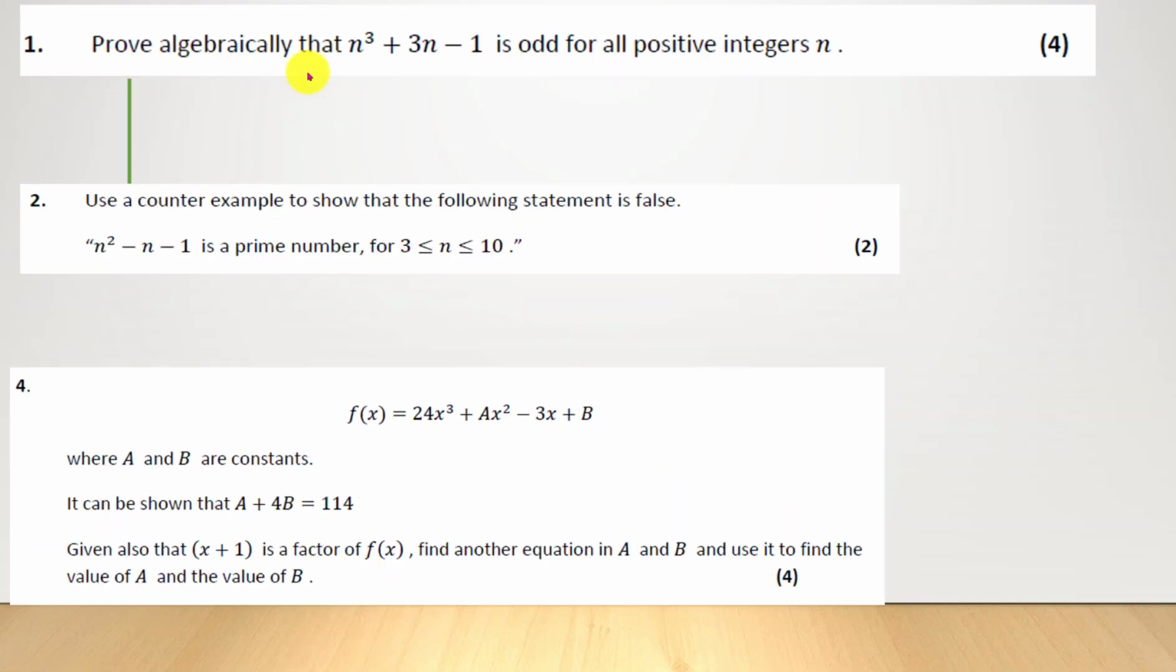Okay, some more proofs questions, because students can find this challenging just to find out what it's asking for. They will apply the skills to answer this. So we need to prove algebraically that n cubed plus 3n minus 1 is odd for all positive integers n. So we can say if n is even, we can write this as